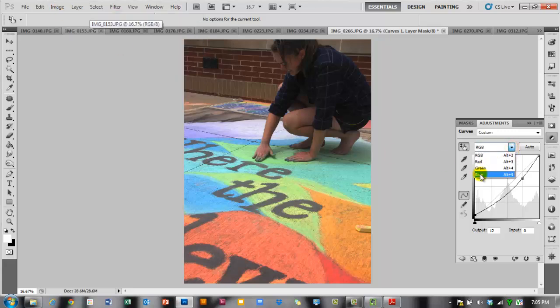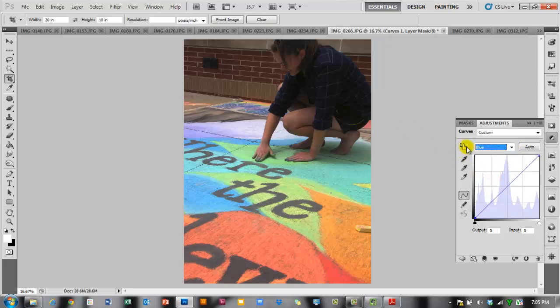So let's go to the blue channel, and you'll notice the histogram goes back to being straight again. We haven't actually adjusted the blue yet. We just adjusted the master combination of all three. Okay, so let's go to the blue one, and I'm still using the slider here, and I'm going to turn this up, turn that down, maybe turn up the sleeves here just a bit, maybe turn up some of the blues in